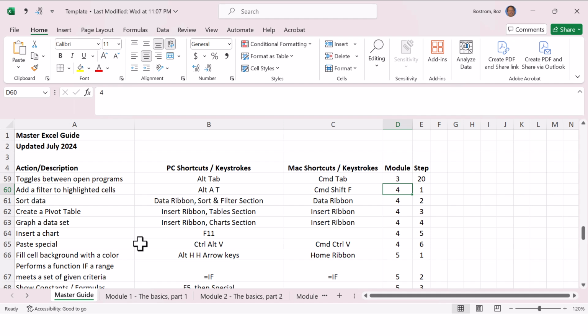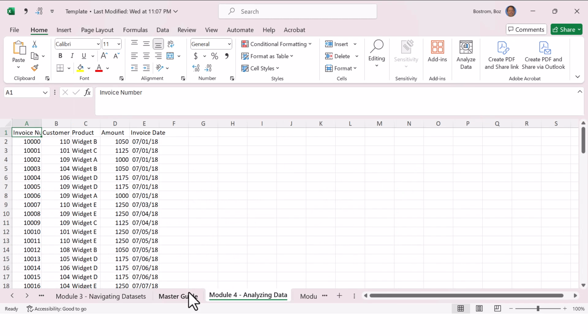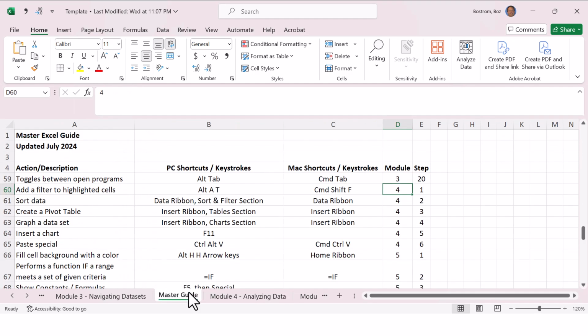So to make this a little bit easier, I'm going to grab this tab and actually pull it over. This is more just for my ease. But if you ever have to move a tab, you can click on it and then just drag it over, so that I can bounce back and forth between the master guide and the different modules. I'm bouncing back and forth by using Control Page Up and Control Page Down here. So that being said, let's start with